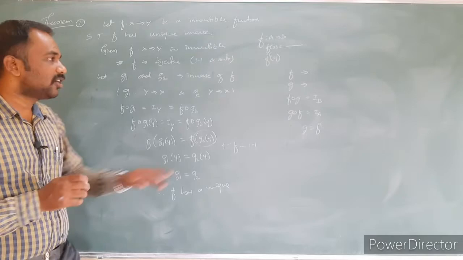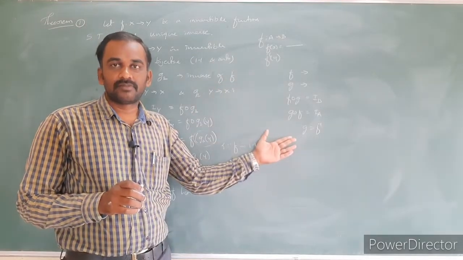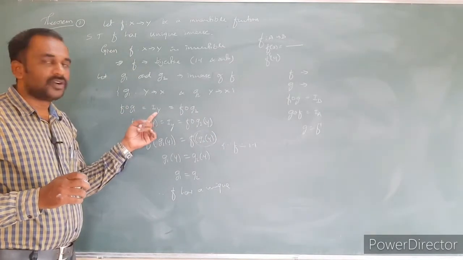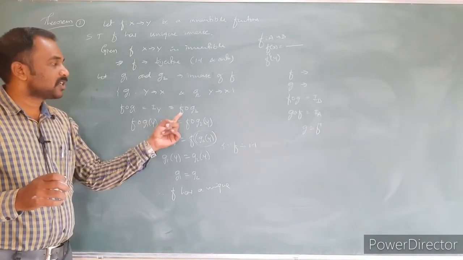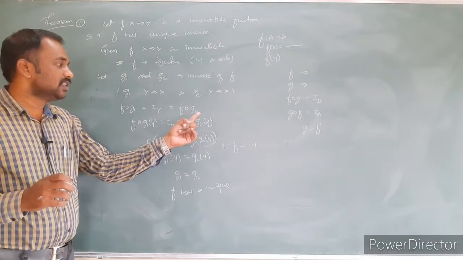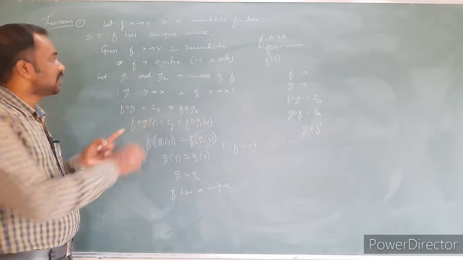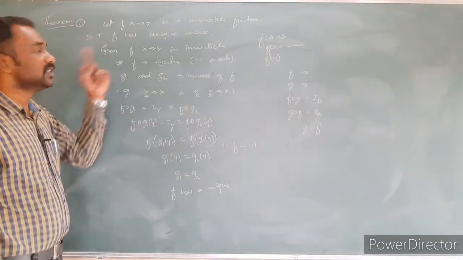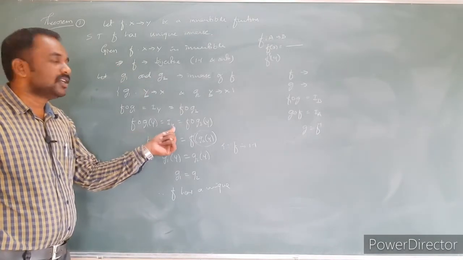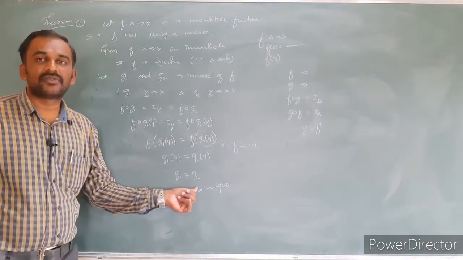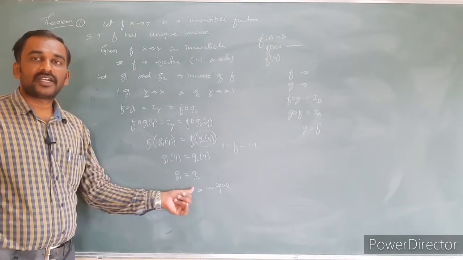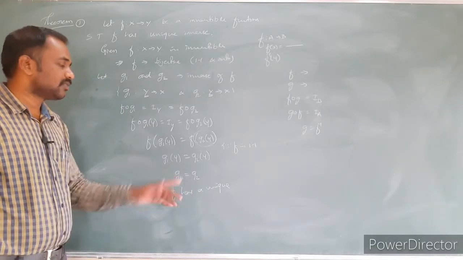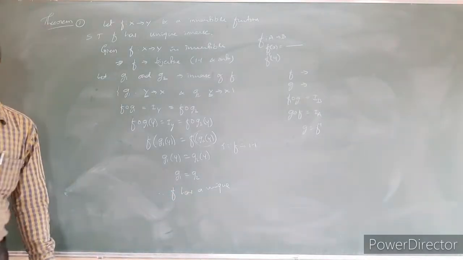I assume that. According to the definition of invertible, by using the composition, I consider that F circle G1 is equal to the identity element on the domain set of G1, and F circle G2 is the identity element on the domain set of the G2 function. G1 and G2 have the same domain, because these are the inverses of the function F. Therefore, simplifying, we got G1 is equal to G2. Those two are not different inverses. Those are none other than the same, or those are equal inverses. We got the result. Hence the proof of this theorem.